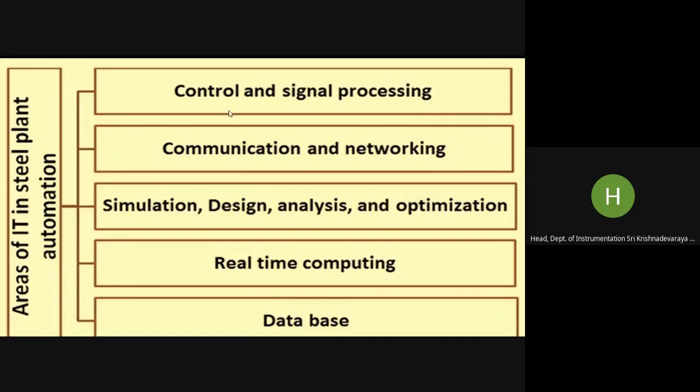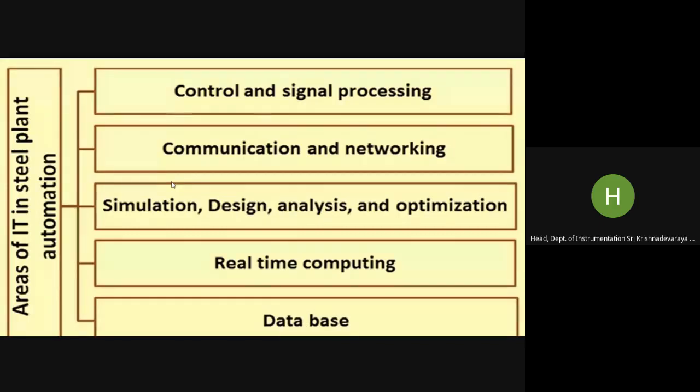You connect all these direct digital controllers to the system, to the plant directly, and then do the real-time testing. Mostly in process industry, you will not do real-time testing directly. First, you do simulation, optimize the process parameters, then you test it for real-time computing. Once you do it, then build up the database for this. So this is what we normally call computer